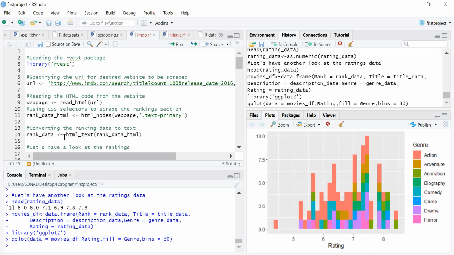The third step is we are viewing that data using the head. If required, data processing can be done on that field. We are doing it field wise. If we have five columns, or five different fields to find out, it will be repeated five times. After that, we will be making a data frame, and once the data frame is ready, we can plot the graphs.